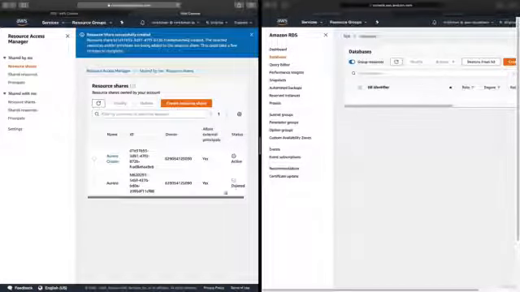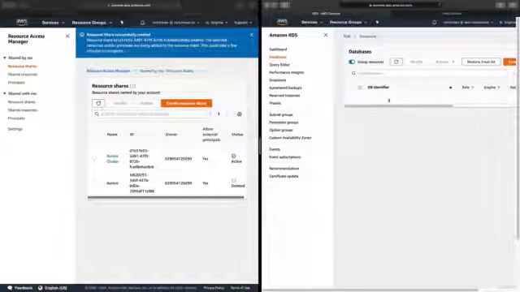Now you can see I have one here in the deleted state, and that was just me testing this prior to recording the video, so you can actually ignore that one. The one we're interested in here is the Aurora cluster share that we just created, whose status is active. Now you'll notice if you go over here to account 2 and click refresh, you don't see anything. Well, why is that? Well, we have to go into the share here,